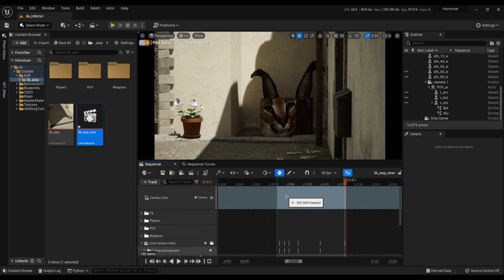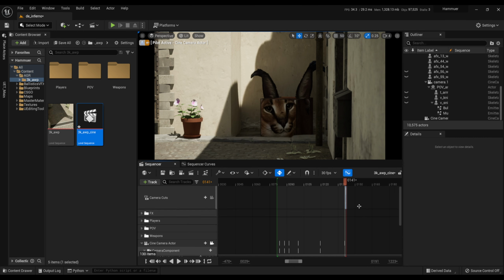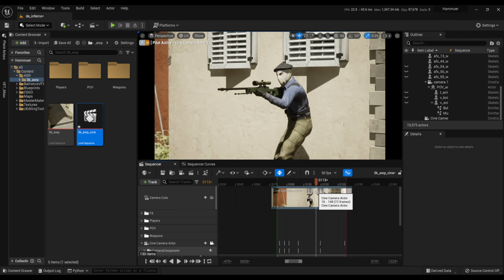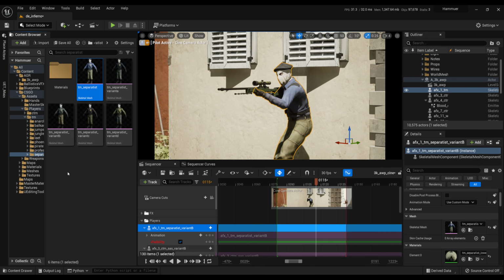Now remove the old camera in camera cuts and set the new camera here. Also, I almost forgot to change my player's model, as I use lead hands.